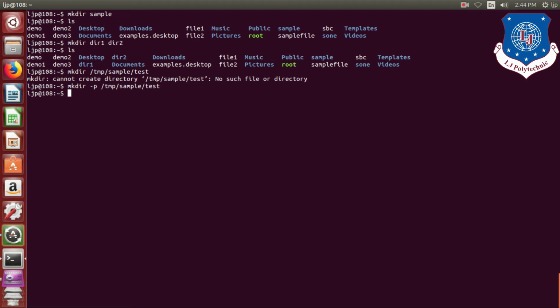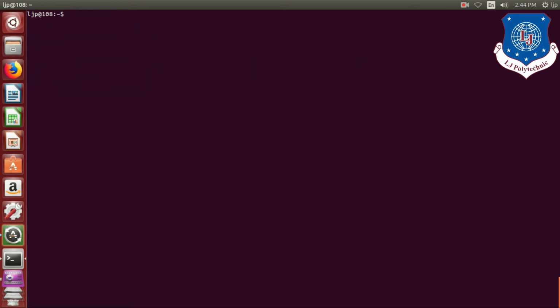Next command which we will see is how to change the directory in Linux. The command which is used to change the directory is cd command. Syntax for this command is cd space directory name.